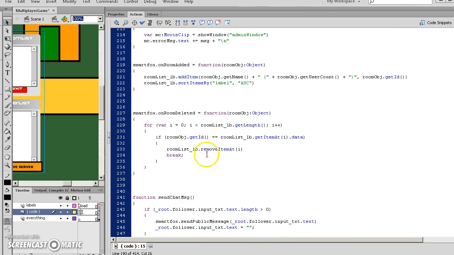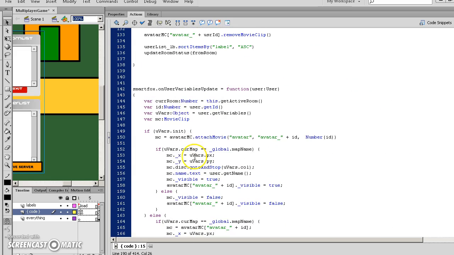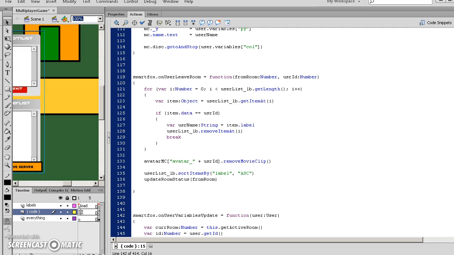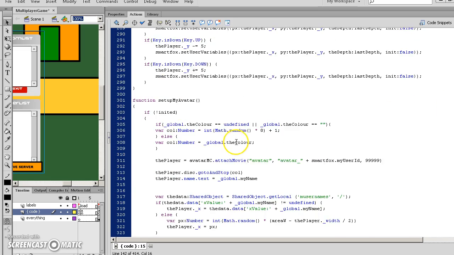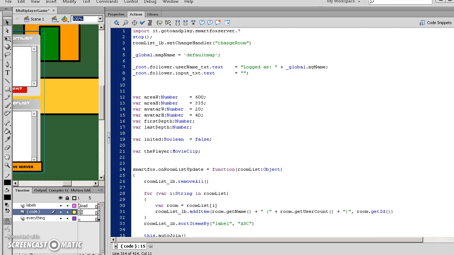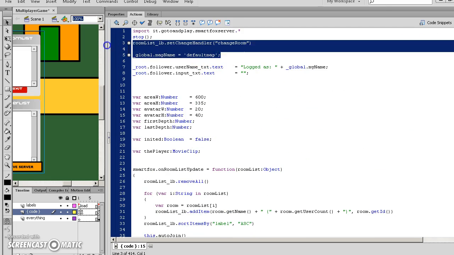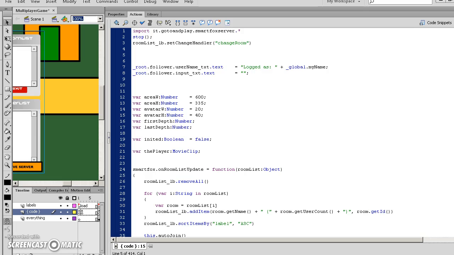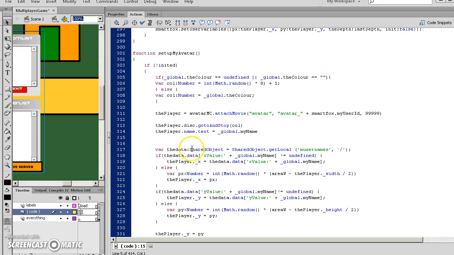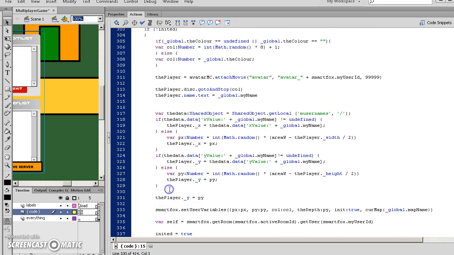And when we load it, it'll start off on the set up my avatar, and this is what we'll be using to save our map. So you can say google.map name, cut that, paste it in setup my avatar, and